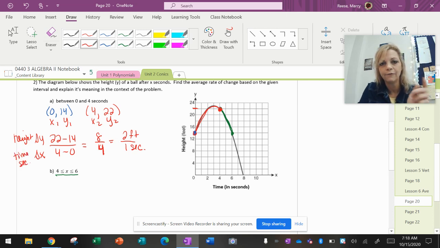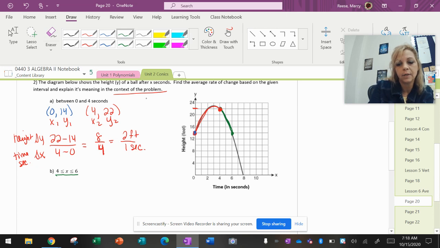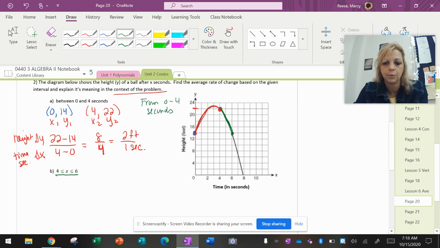So when I talk about the context of the problem, describing it in the context of the problem, I want to say 2 feet per 1 second. So I want to make sure that I use that. And I'm going to say from 0 to 4 seconds, because you got to tell it which interval when you're describing this in the context of the problem. You got to tell me the interval that it's happening. From 0 to 4 seconds,